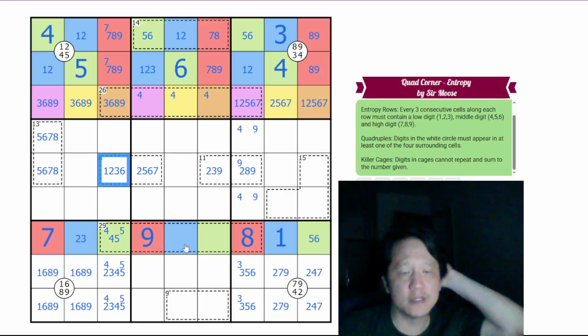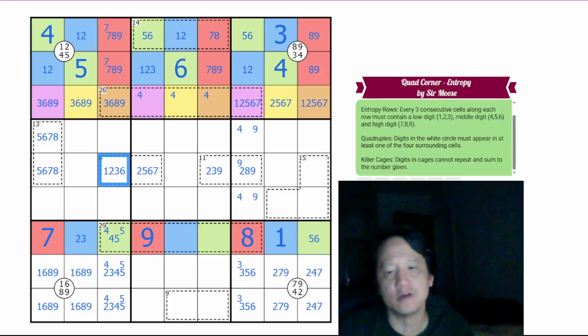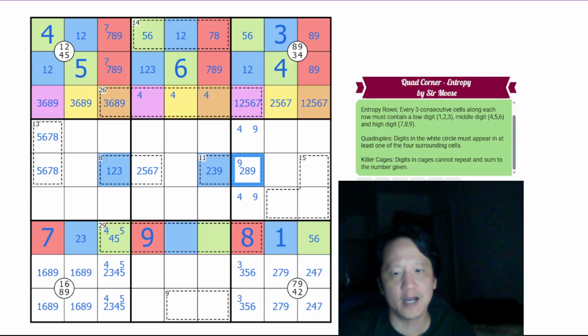This is then guaranteed to be low or medium, which means this is low or medium, and it cannot be medium because we know one of these is guaranteed to be low. So this must be low here. 3 away is low here, which means this has to be high here. So this is low and high, which makes this low and high, which means this is 7 and 1,